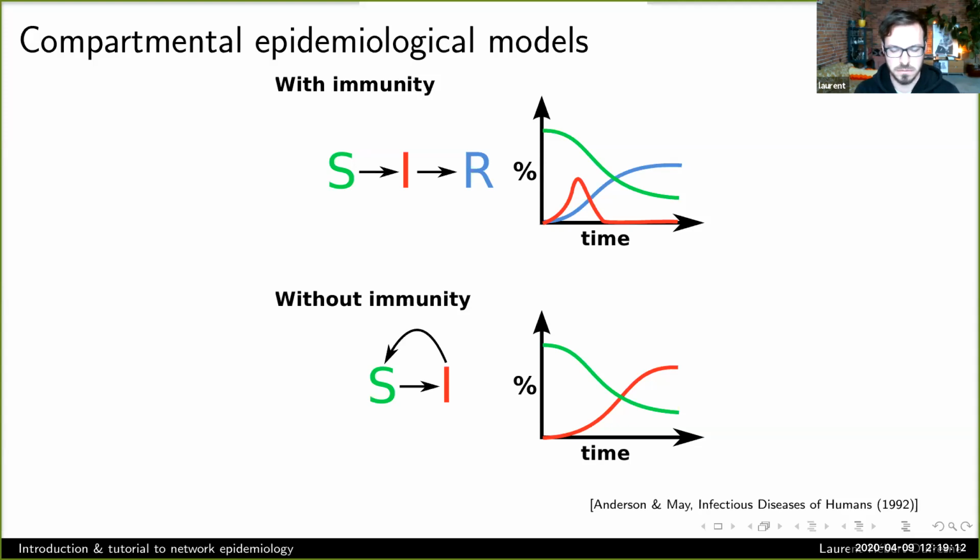You have a little cartoon of what these models might look like in practice. They both have this exponential spread in time. The key part is that SIR will eventually run out of susceptible individuals to infect, peak, and decrease, whereas the SIS model is just going to reach a steady state, a level of equilibrium where there are just as many infections as recoveries, and level off to an endemic level in the population.